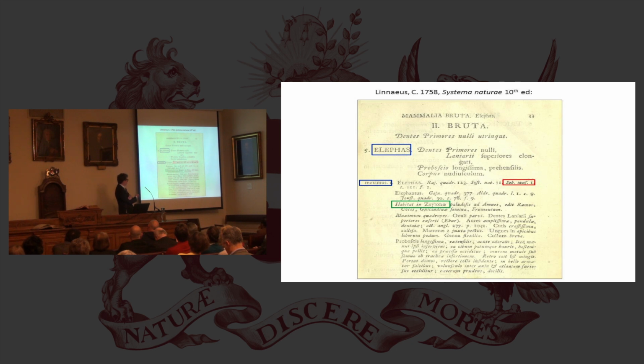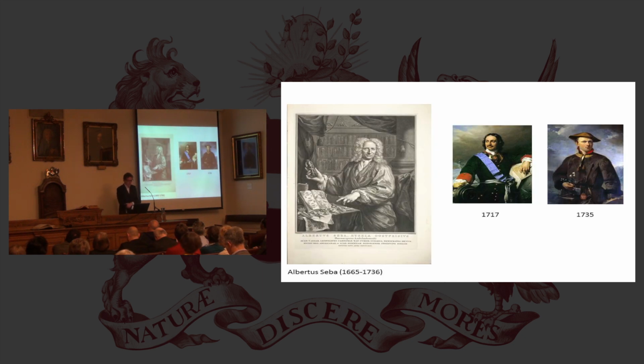We then have another series of them, which include, among other things, this little interesting statement here, which says Seba. Who was this Albert Seba? And this actually forms the rest of the start of the talk. Albert Seba was a very, very wealthy apothecary in Amsterdam between the turn of the 18th century, so you go 1665 to 1736, and he made a lot of money doing whatever apothecaries do, I guess selling people dangerous things